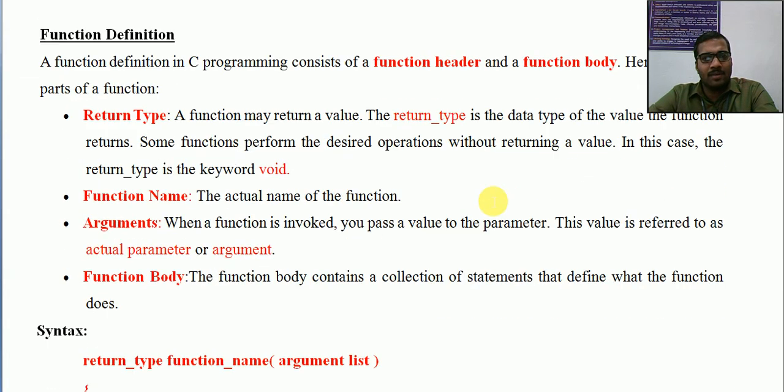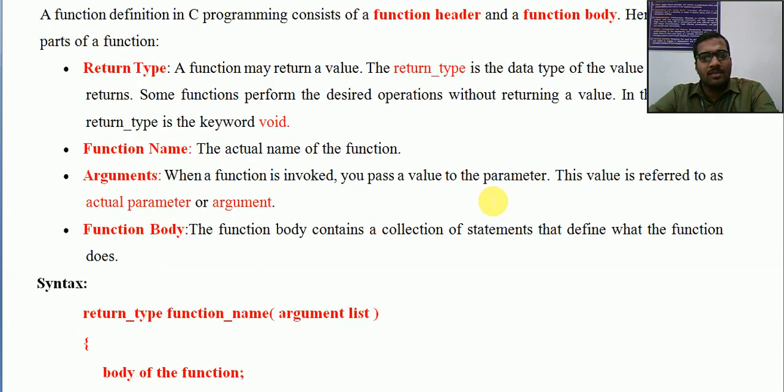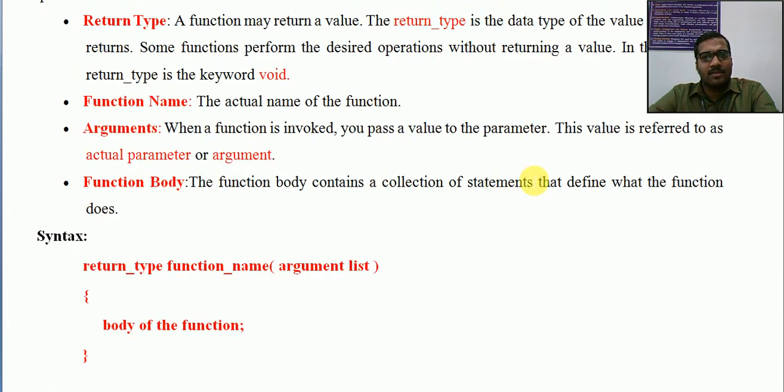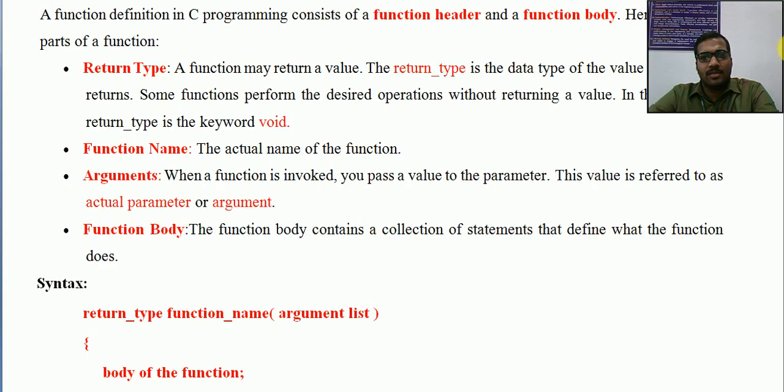It will have a return type as the first element, similar to the function declaration. What are the different types? Any type can be returned. It can be int, char, float, double, etc.